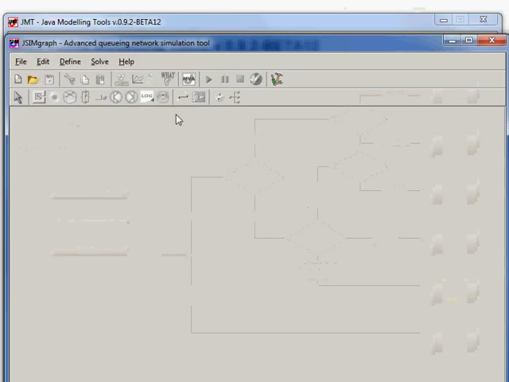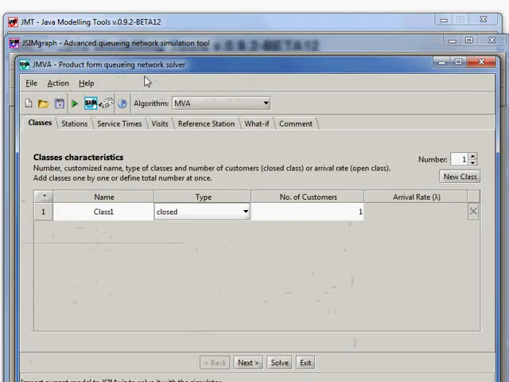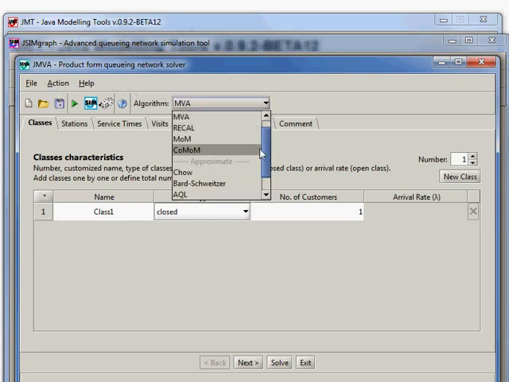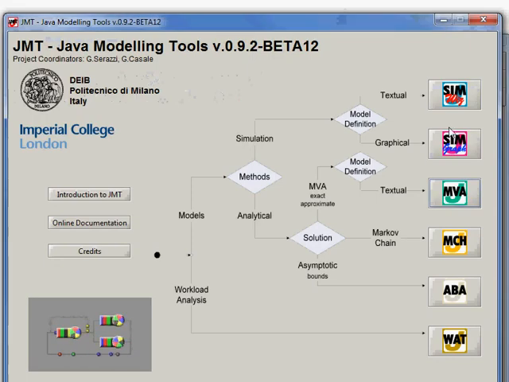So if you click on JMVA, you have this window that will open, and here you will find the list of all the analytical solvers that you have for the moment in the JMT, and also of all the approximate solvers that you have in JMT. Now, if you click on SIM, the simulator, so click on this example button,